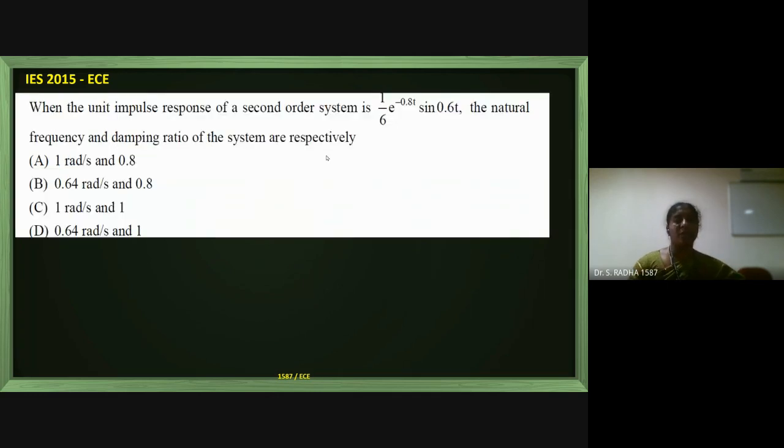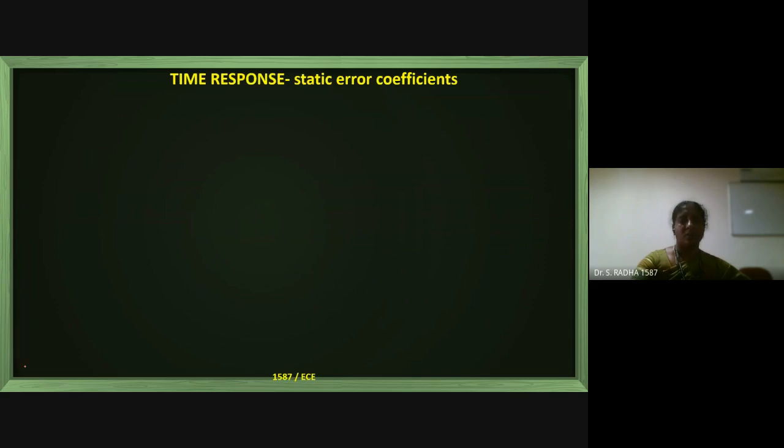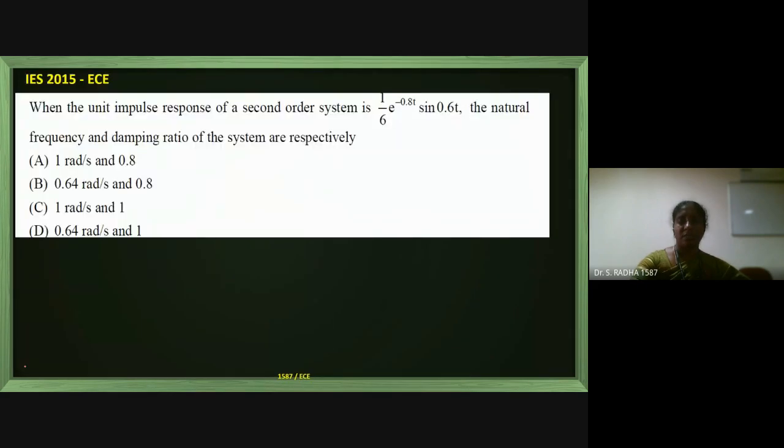I am going to the next problem. Maximum we will try to complete this and close. Steady state and static error coefficients are going on in the second year theory classes. So from this, maybe the last problem. Let us see. When the input is an impulse, the response of a second order system,